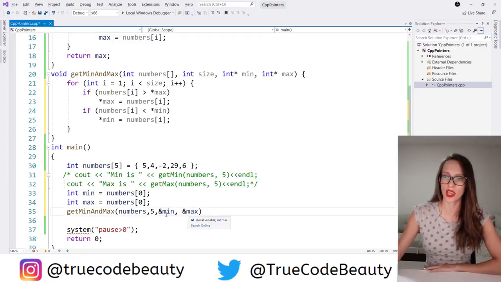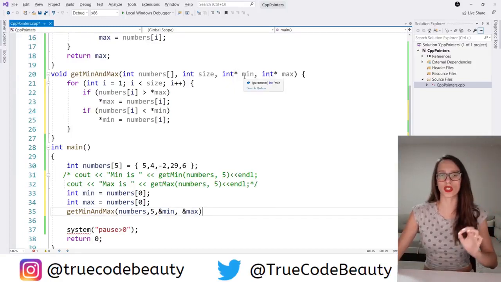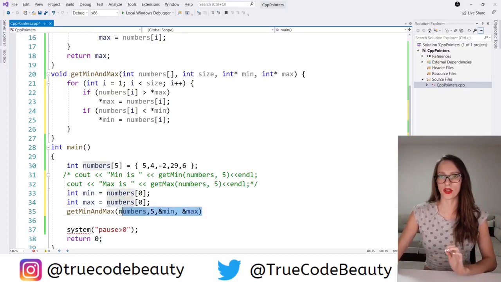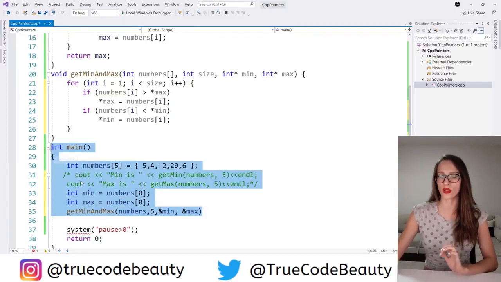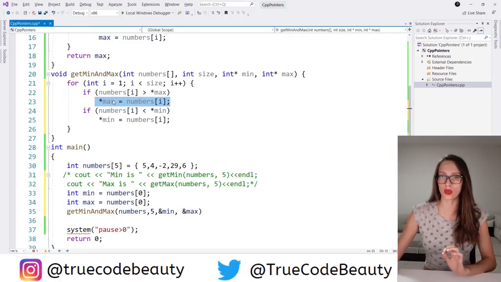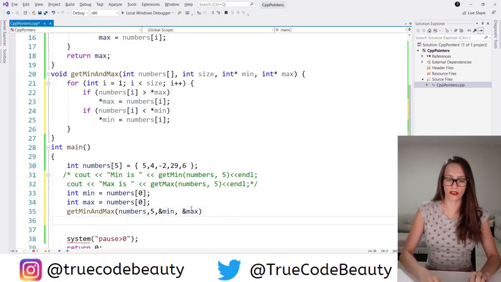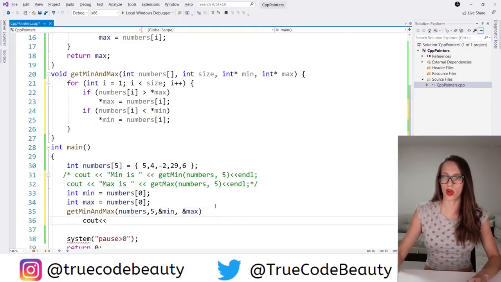So in this way, we are passing addresses, which means that this function here is operating on the original addresses, which this function here is accessing as well. So when this function here changes the values that are stored on those addresses, this function here will know. So that means that now if I try to write out, I will need to add a semicolon here at the